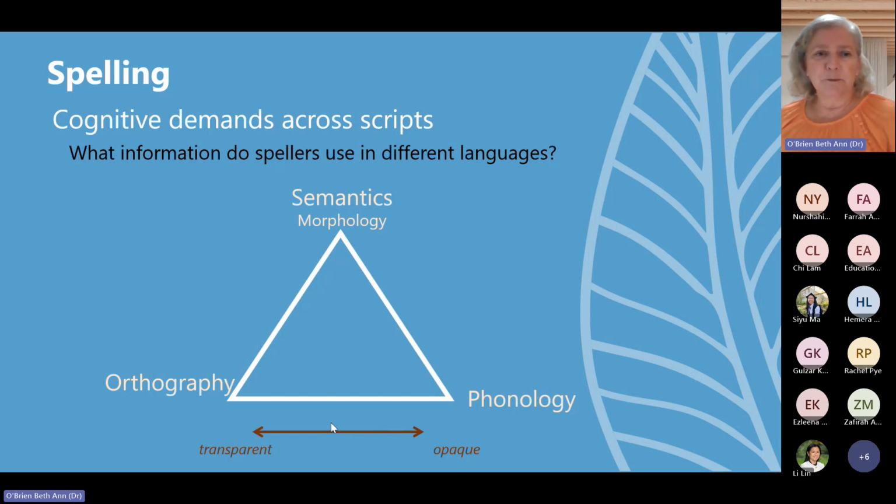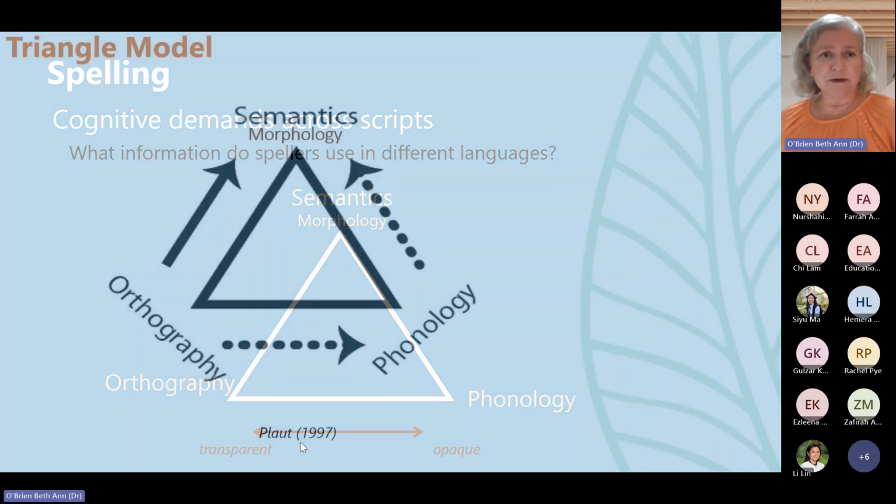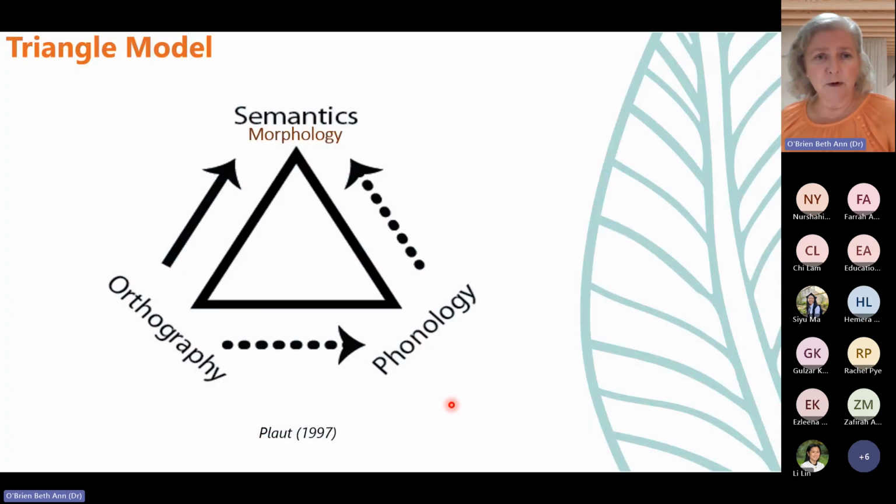And so we can understand that spelling will involve these same types of representations. So we have print, we have sound, and we have meaning, and that depending on the script, the relationship between the print and the sound may be more or less closely related. And so this is the triangle model that we talked about before, and as related to the dual route model, where we can have links between orthography and phonology that then contribute to our understanding of semantics, so this indirect route, or a more direct route from the orthography to semantics.